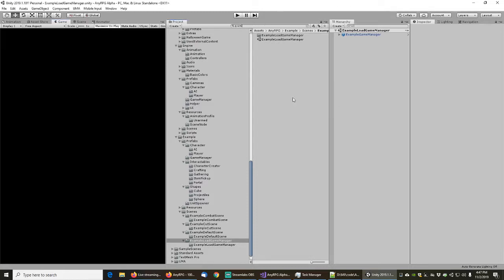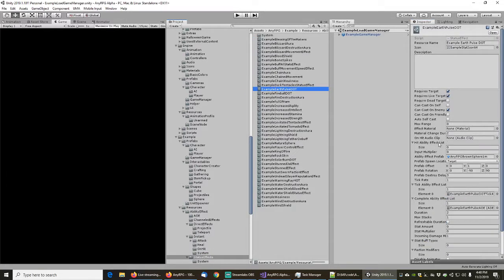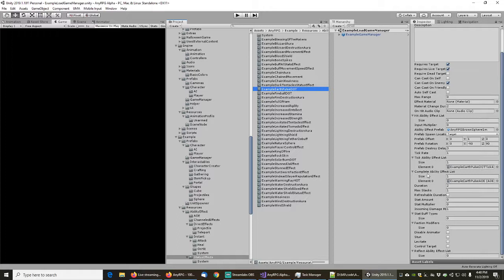So we are going to look at example Earth Pulse and then try to trace this again. So basically, Earth Pulse causes the Earth Pulse DOT, which is okay. We saw that it was working fine. The Earth Pulse DOT does the Earth Pulse DOT tick, which is also fine. I think it's the Earth Pulse AOE here that's messing with us. So when we run this Earth Pulse AOE,